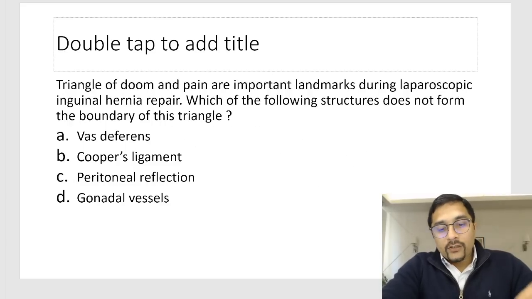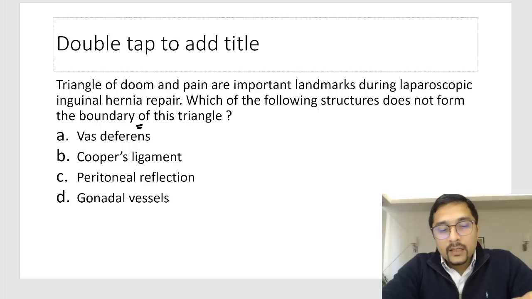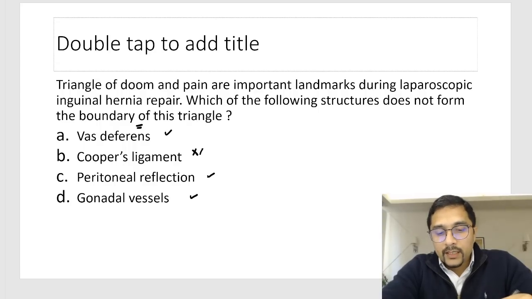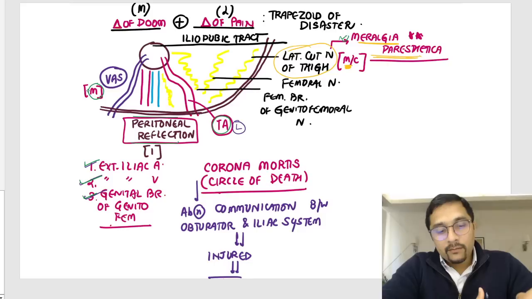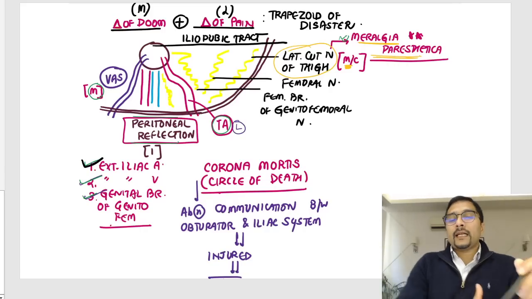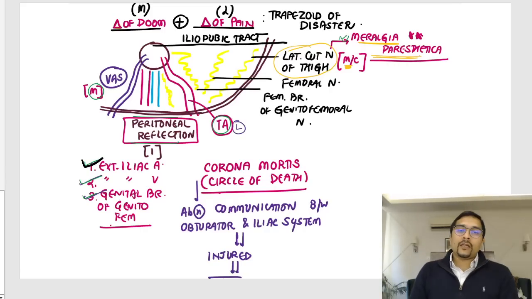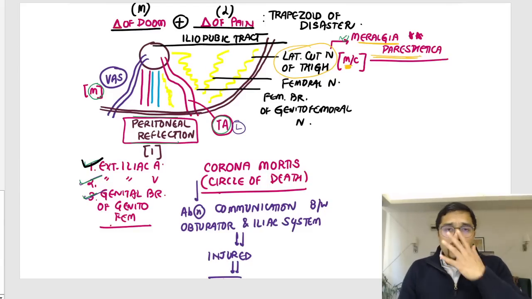Right, triangle of doom and triangle of pain have also been asked many times. Which of the following does not form boundaries of these triangles? So vas deferens does. Peritoneal reflection, gonadal vessels do. Cooper's ligament does not form a boundary of these triangles. Triangle of doom is bounded by the vas deferens medially, testicular vessels laterally, and the peritoneal reflection inferiorly. External iliac vessels lie in this triangle. Laterally lies the triangle of